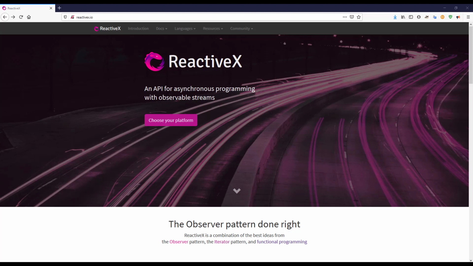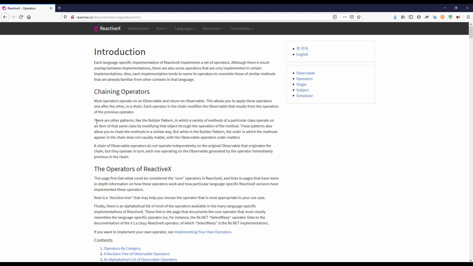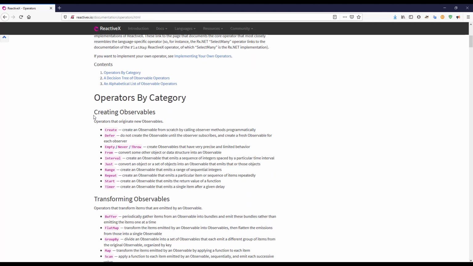So let us continue with our lecture and see about the RxJava operators. First of all, we'll go to the RxJava official documentation site, go to the docs from here, and then go to the operators. Here, in the operators by category, you can see